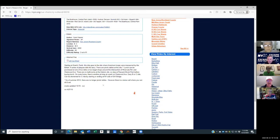This will usually be either by the author or by one of us, and it tells you a little bit about the ride, maybe tells you where the food stops are, where the bathrooms are, what's interesting about it. But it might also tell you about dangerous or tricky sections in the ride. So we encourage you always read this